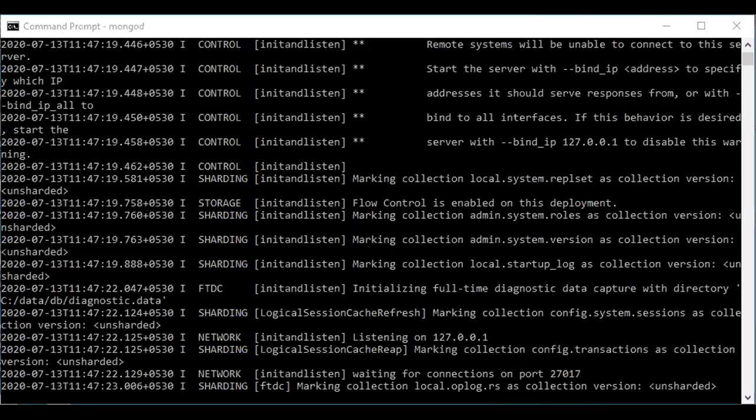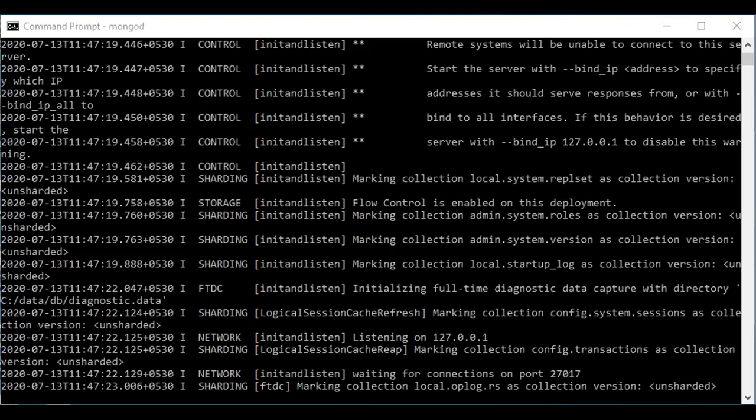So firstly, we can clear the screen with the help of the cls command. And if you want to check which databases have already been created, we will write the command show dbs. It will show a list of databases that have already been created.